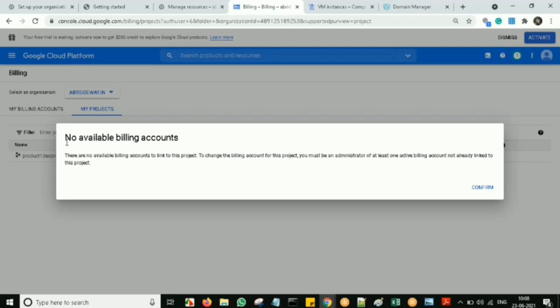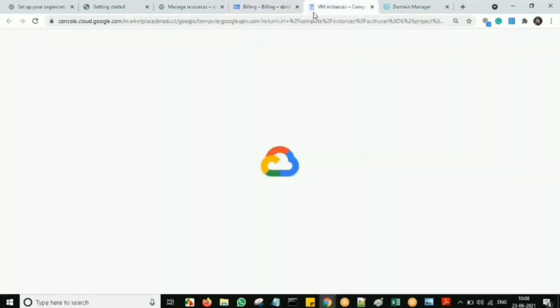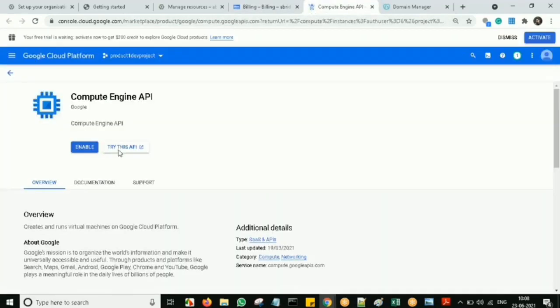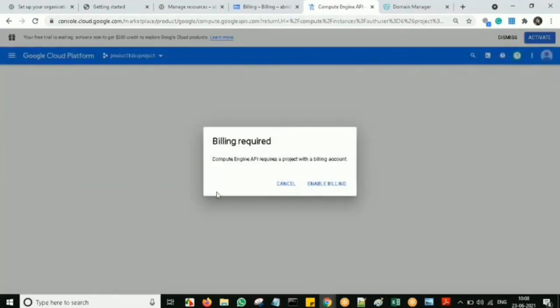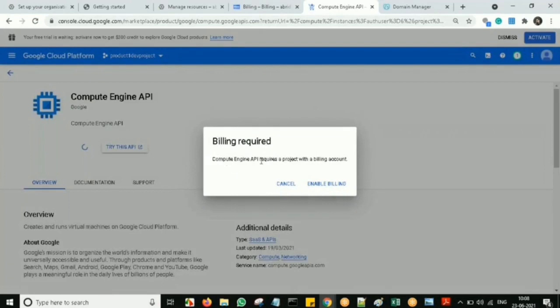You can see the information warning message over here. Understood? Yeah, it is asking you to enable. I can enable, but even if I enable, I need a billing. See, that's also saying Compute Engine API requires a project with a billing account. First enable the billing.